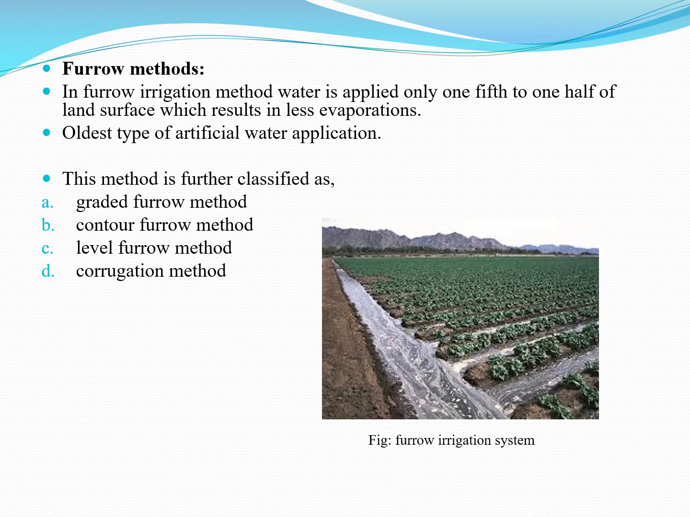In that, water is applied to the field from these open ditches, as shown in the figure of the furrow irrigation system. This method is further classified into four methods: graded furrow method, contour furrow method, level furrow method, and corrugation method. First, let's start with the